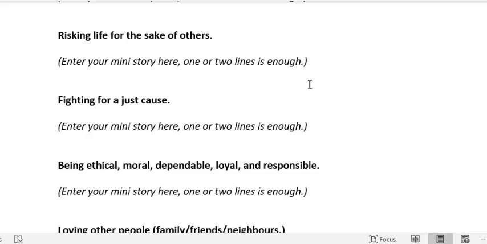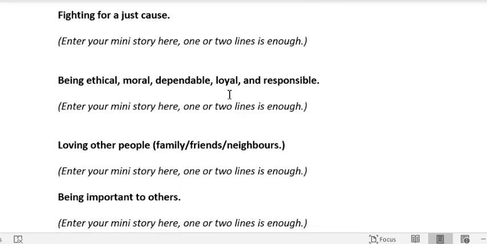Risking life for the sake of others. And by the way, if you look at any series fiction, something like The Last Kingdom, Uhtred has all of these character traits, all of them. You will see that by the time you finish watching series 1, if you haven't already watched it. And that just shows you that Bernard Cornwell knows about all these, and he would have done a little tick box to get you to like that character. Okay, everybody says they like that character, Uhtred. And again, he's fighting for a just cause. So if you've done that in the past, please do that now and pause and fill that out.